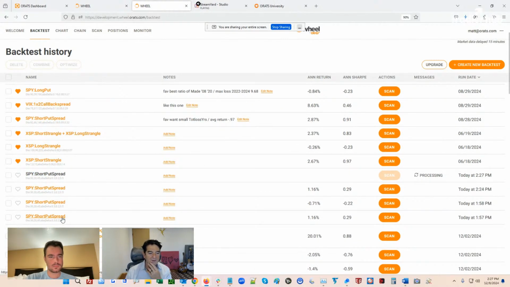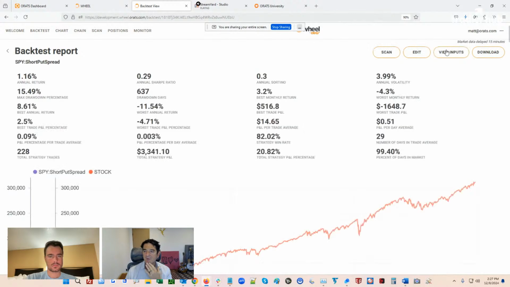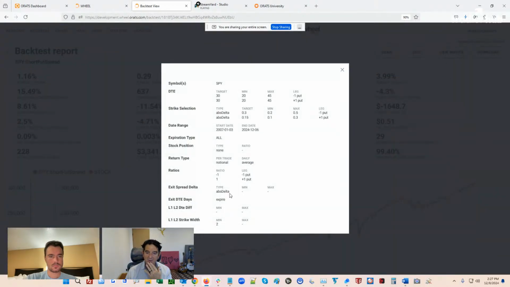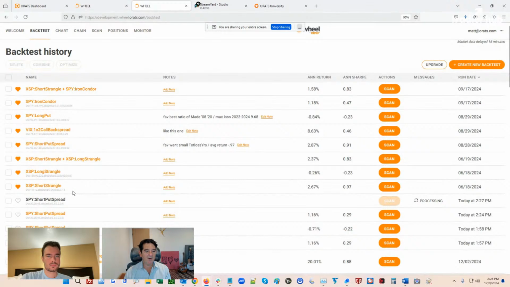So here's a test that I ran using the indicator. If you view inputs, you could see that I used, or actually this is the one without it, the base test. So this is the base test that you want to compare against. That base test returns 1.16. The max drawdown is 15%. This is a decent basic test, but pretty low Sharpe and Sortino. So now if you go compare it to